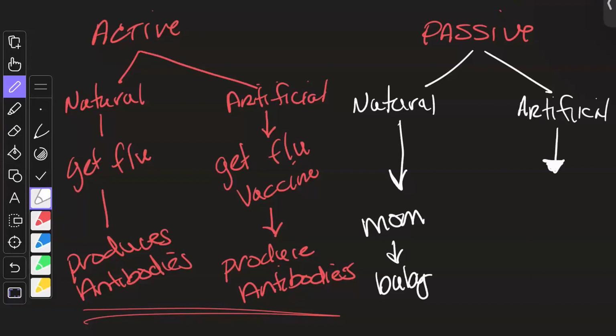Now, passive artificial. Do you guys remember back, not early in the pandemic, but maybe a quarter to a third of the way in, when they started really figuring out how to deal with COVID, and they were asking people who had had significant cases of COVID to come in and donate their antibodies? That was for something called monoclonal antibody